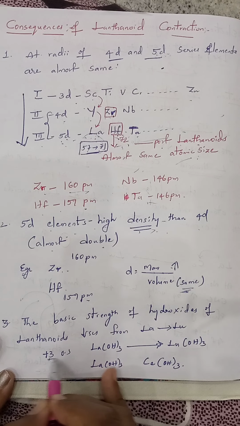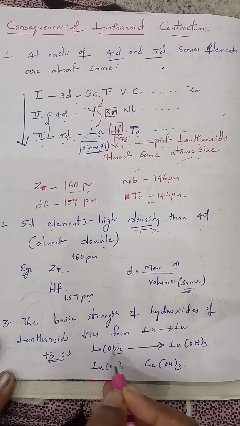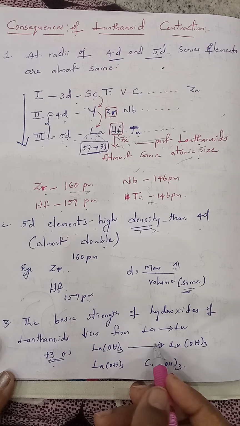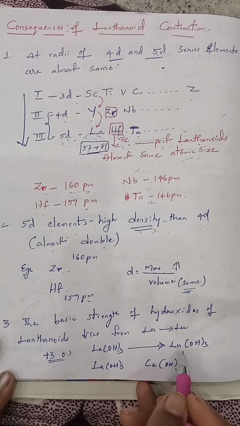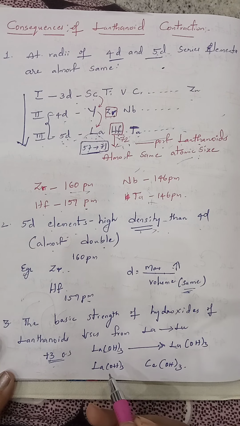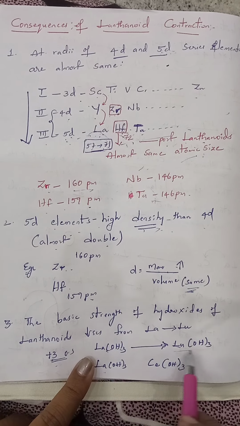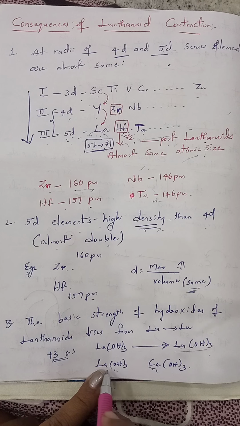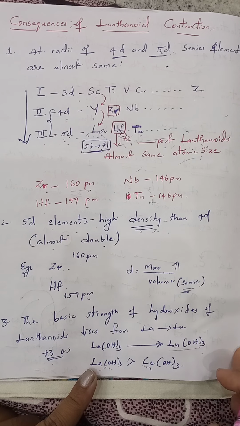See, all can exist in +3 oxidation state. In +3 oxidation state, they can form trihydroxides, lanthanum trihydroxide to lutetium trihydroxide. Even these have basic property, but this basic property decreases from lanthanum hydroxide to lutetium hydroxide. Here I am taking the first two hydroxides of lanthanides, that is lanthanum trihydroxide and cerium hydroxide. This is the second one. From here to this side it is decreasing. That means if you compare these two hydroxides, lanthanum hydroxide is more basic than cerium hydroxide.